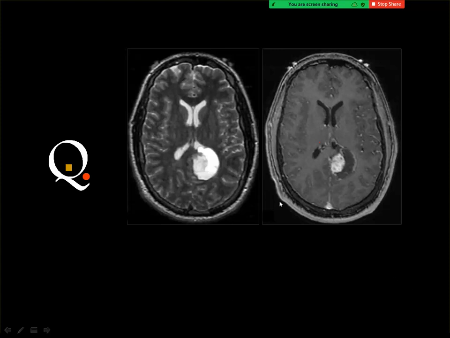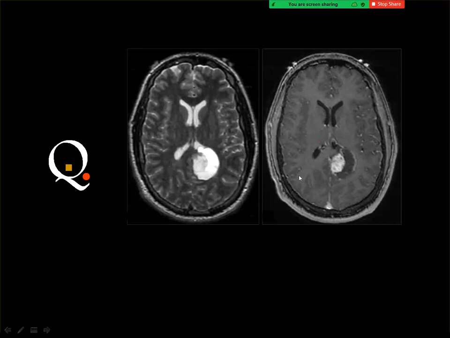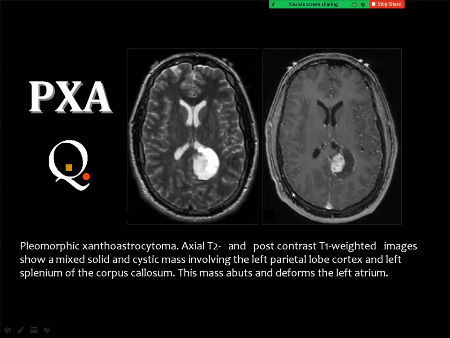This is a case of MRI T2 and T1 post contrast, and you got a lesion in the occipital lobe on the left side. Yes, and right answer. This is PXA or pleomorphic xanthoastrocytoma, because you got a cystic lesion with an enhancing mural nodule supratentorial, and the nodule is peripherally located on the surface of the brain,